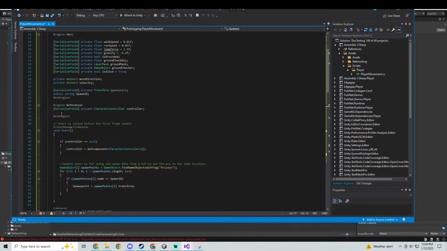But if I can figure out the movement and figure out getting a proper thing resolved in terms of reconciliation, and have a good client-side prediction, that would make this 20 times easier for me. That being said,